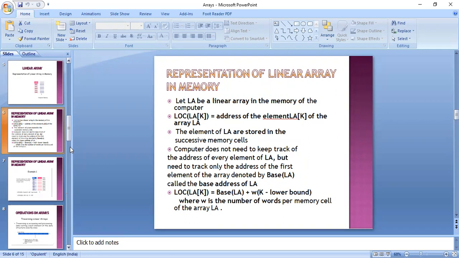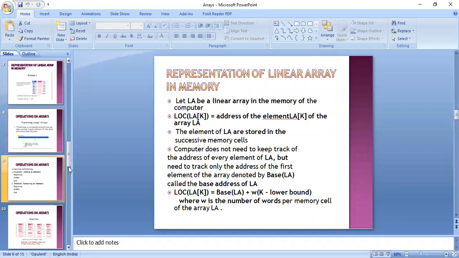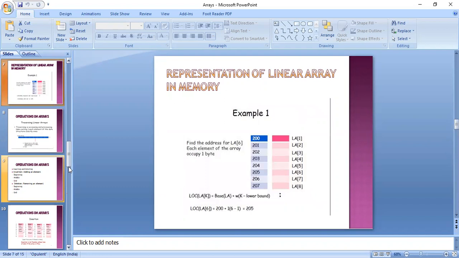So the linear array has a location k that can be assigned any value, and we have the upper limit and the lower limit. That means index 1 will be termed as your lower bound and 5 will be termed as your upper bound.